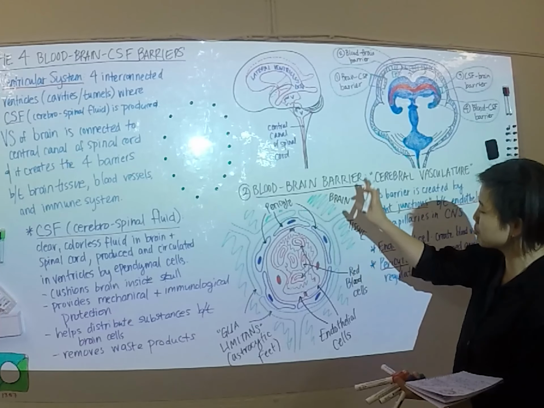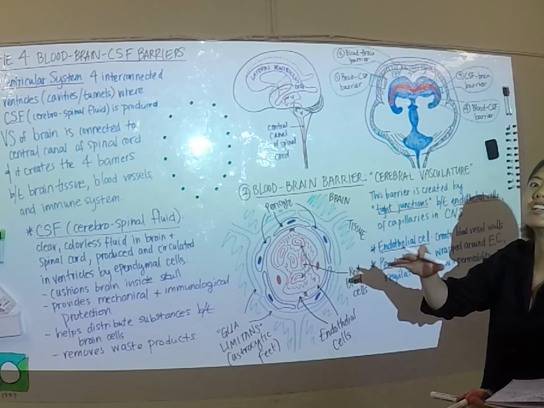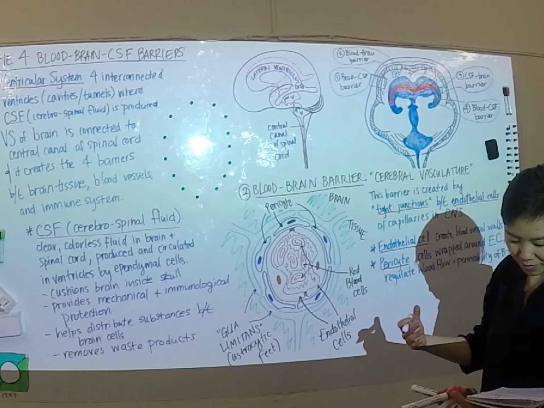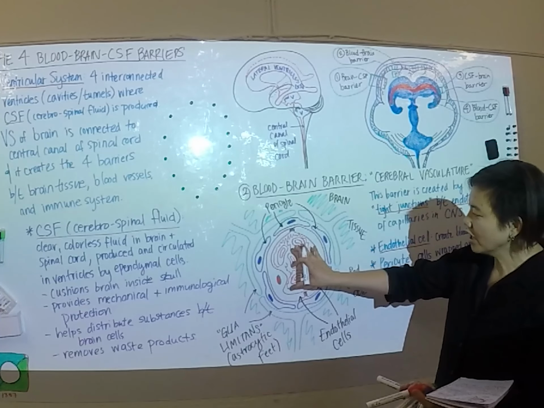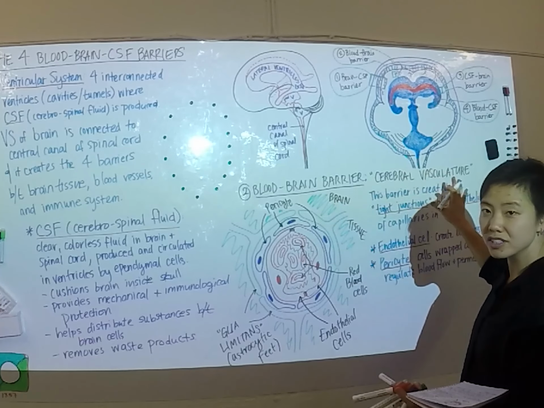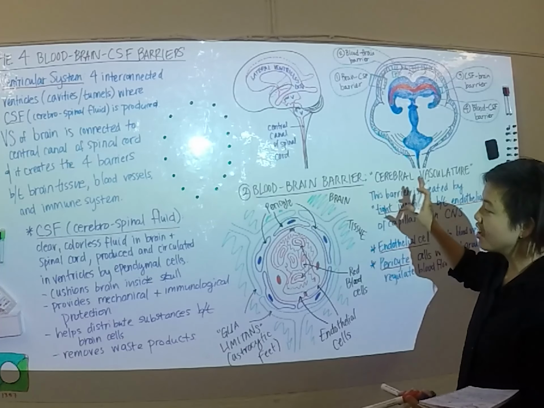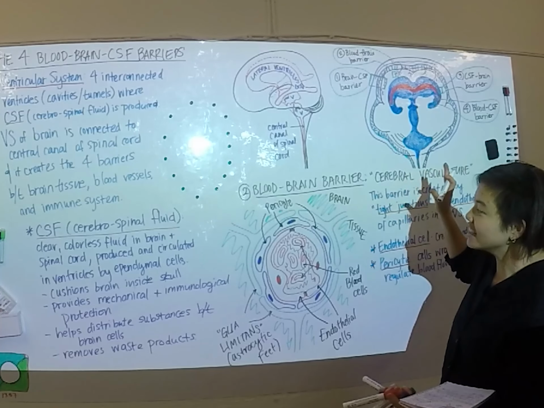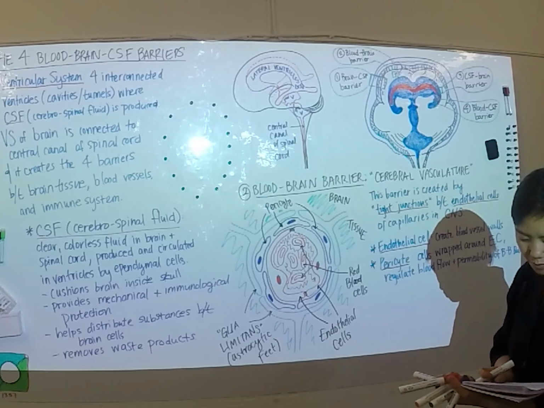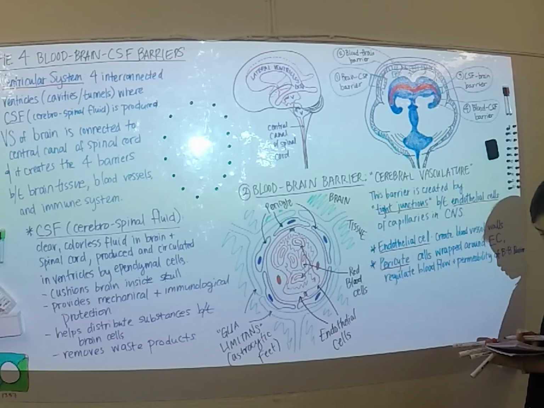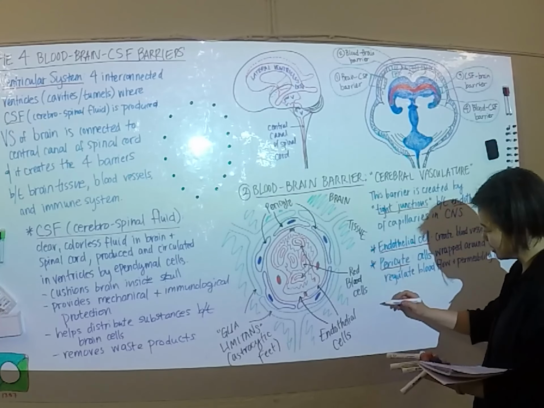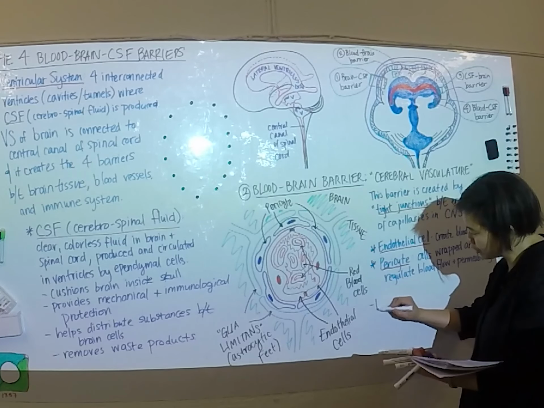So this area, where I labeled brain tissue, is not just cells, but also the space in between them. Okay? So this makes sure that only the things we want from the bloodstream come out and nothing else. And we make sure only the things that need to go into the bloodstream from the brain get in. Okay? Usually, the stuff that is allowed to pass through is